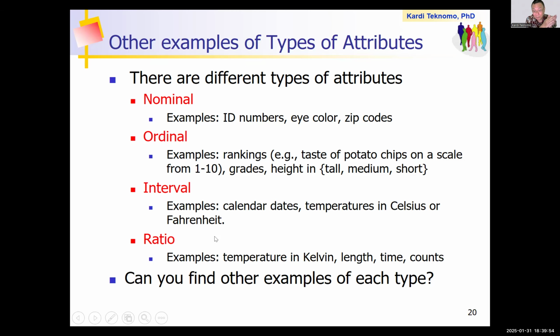So, question to you: can you find other examples in each type? Yes, Vin. For nominal, ethnicity can be an example. Ethnicity, that's good. Ordinal, when you have certain scores, then you rank them, like a gold medal, silver, or bronze. Right. And then interval,